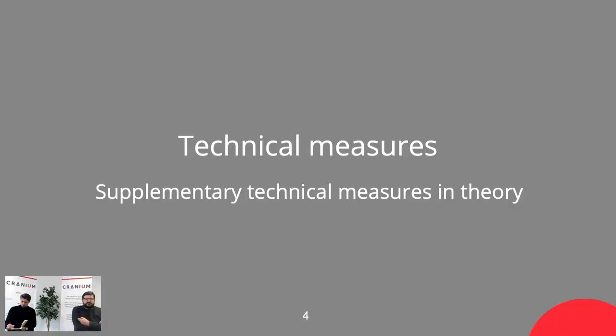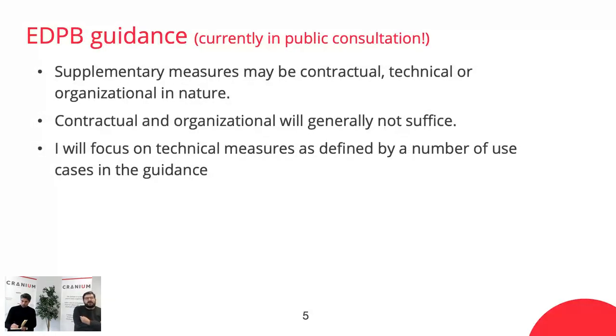Diving into it straight away. So we have the more theoretical approach from the European Data Protection Board guidance. As I mentioned, they talk about supplementary measures which can be contractual, again, things that you put in the contract with your processor,